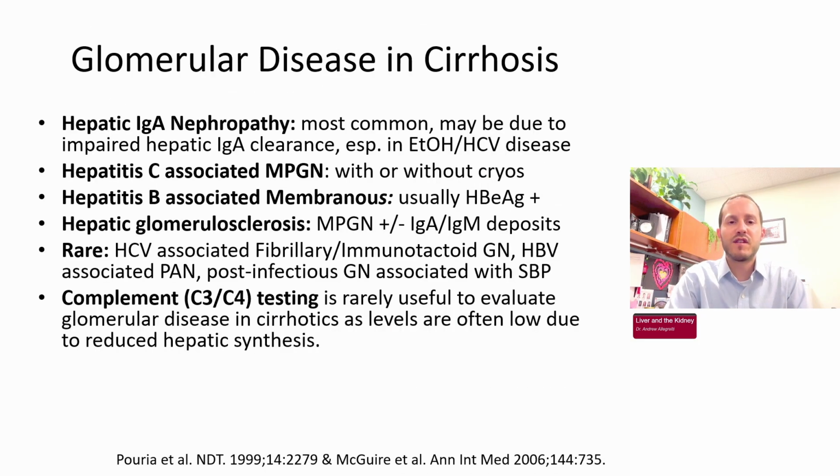Just a brief mention of glomerular disease and cirrhosis, since this is a liver and kidney talk, not just a hepatorenal talk. Lots of glomerular diseases are associated with liver disease. The most common is probably IgA nephropathy, whether that's specifically related to alcohol-related liver disease or not. I've seen it across all different etiologies of cirrhosis. And decreasing in prevalence is viral-mediated glomerular disease, like Hep C or Hep B associated. We see these so rarely in the United States, at least because of the low prevalence of these viruses.